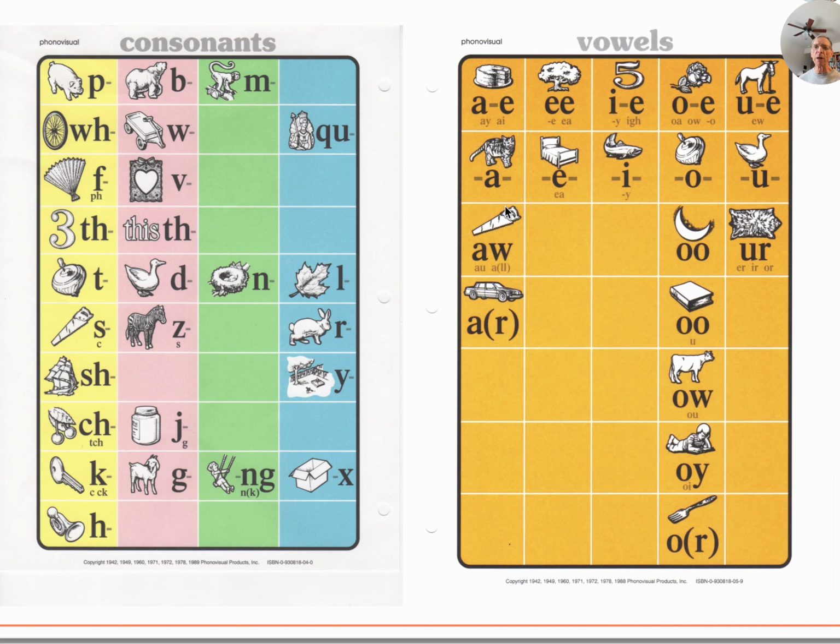The Eebly program makes a big deal, and correctly so, about teaching these concepts right up front and starting to apply them in real text, okay? So we'll take a look at this. We have cake, and notice you have A-E. That dash stands for any consonant, and so I can put a T in there, and that gives me the